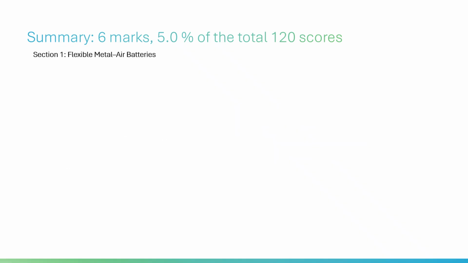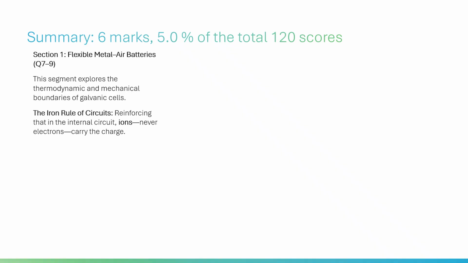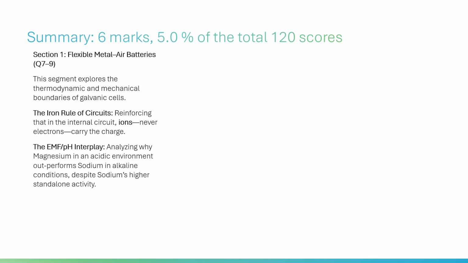Full Battery Section 1. Flexible Metal Air Batteries, Q7 to 9. This segment explores the thermodynamic and mechanical boundaries of galvanic cells. The iron rule of circuits, reinforcing that in the internal circuit, ions, never electrons, carry the charge. The EMF or pH interplay,